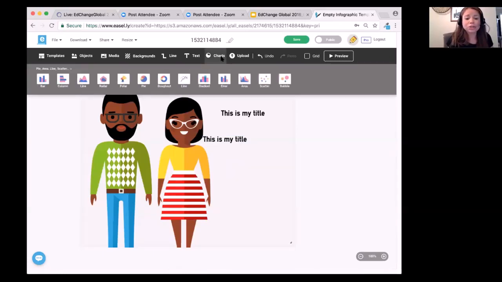If you wanted to create some more advanced infographics with charting tools, you do have some charts that you can drag and drop onto your canvas as well. This is the full access, of course. If you have the free version, you have a couple of these charts available to you, but you could just go ahead and drag